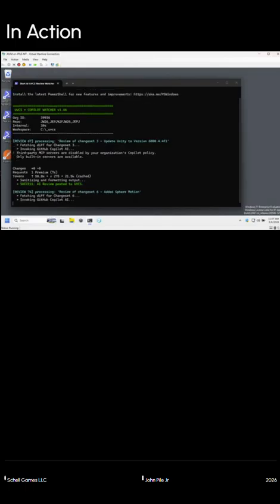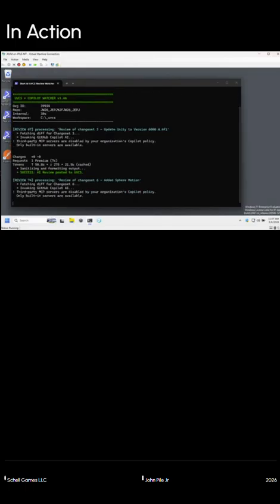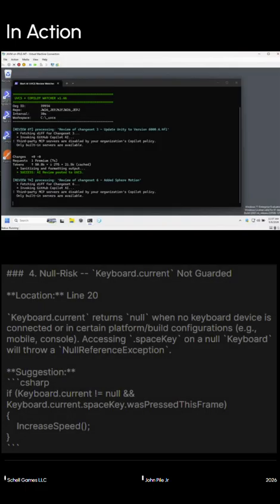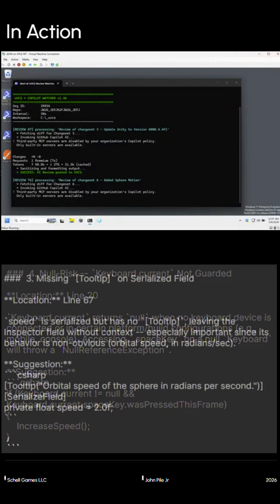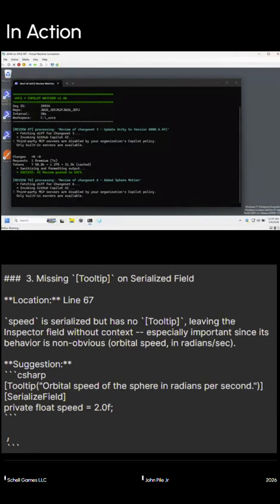All the while, the AI agent was running on the virtual machine. The initial tests were actually better than I expected, and I want to call out 4 examples. Okay, so for this first one, the agent correctly identified a missing null check for the keyboard input. So that was great. Next, the AI agent noticed that both the